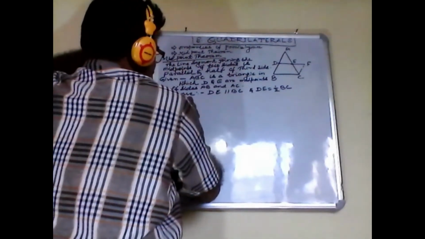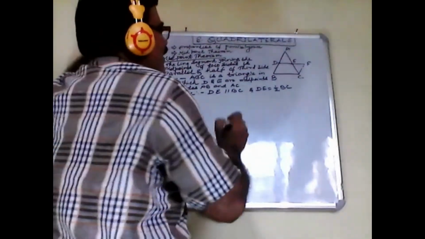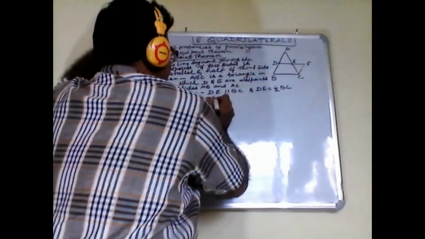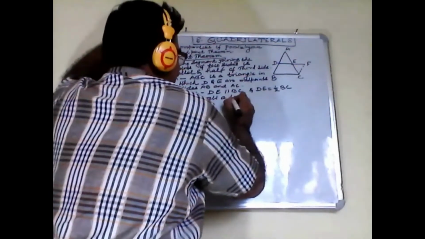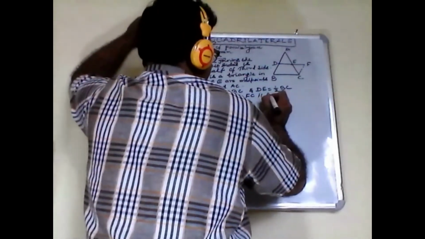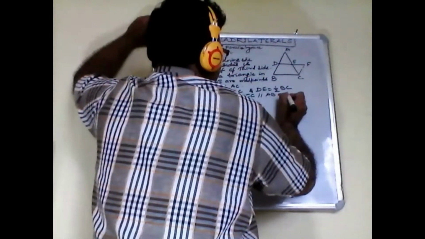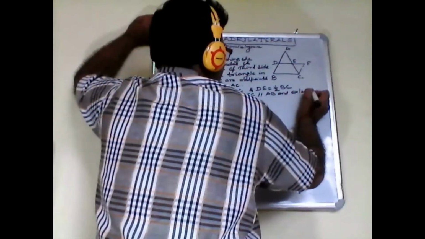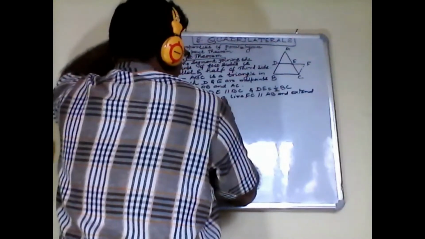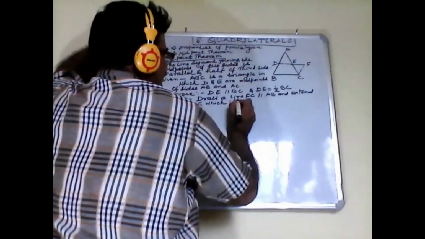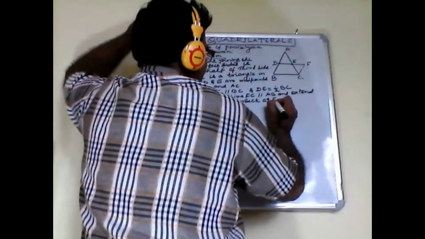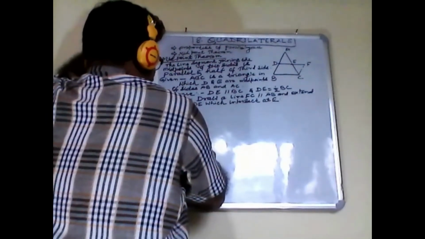Construct, that is, you have to take some construction part. In construction, you can draw a line FC parallel to AB and extend DE, which intersects at F. Proof: